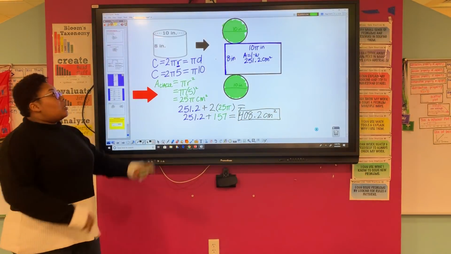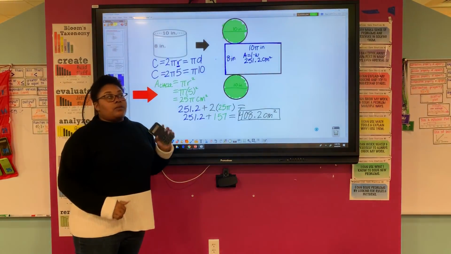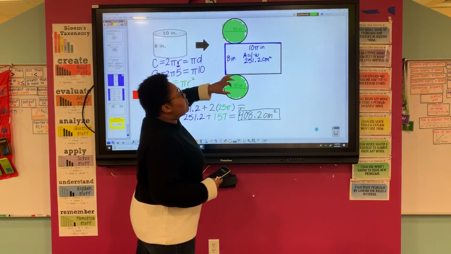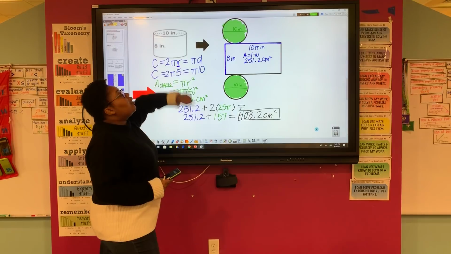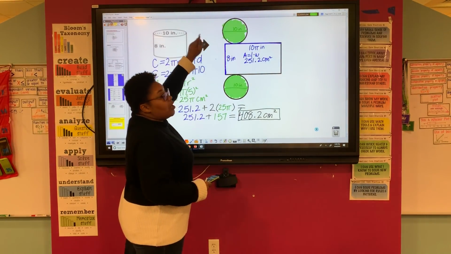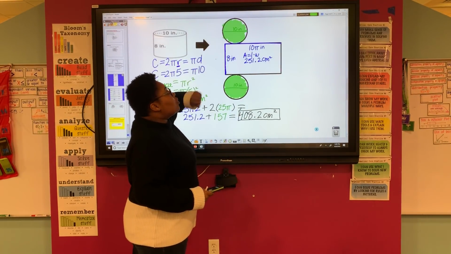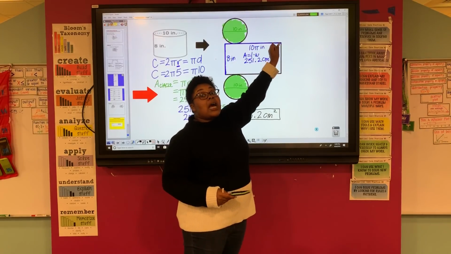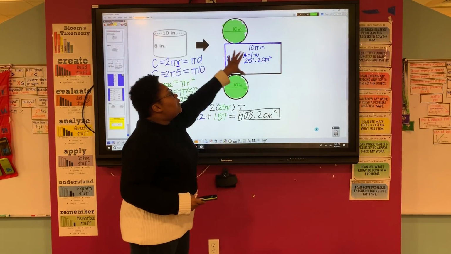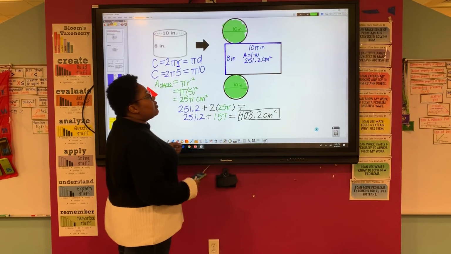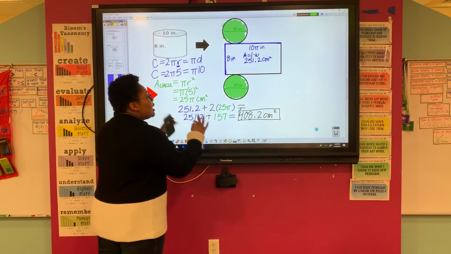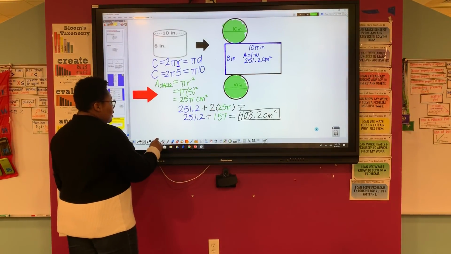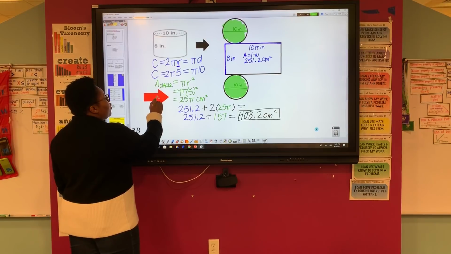So all we did was we flattened out our 3D figure. We found our 2D figures that make up this cylinder here. We have a base, our top and our bottom, which are circles. Then we have all around our lateral area. Our lateral figure here is a rectangle, so we found the area of that. At the end, we had to add it all together, creating our formula,